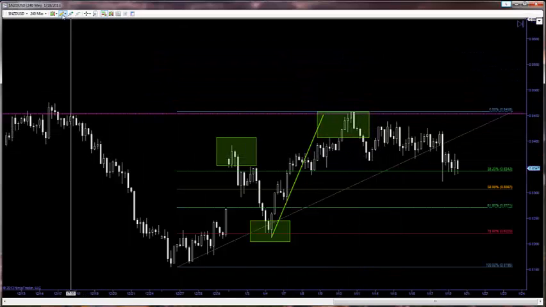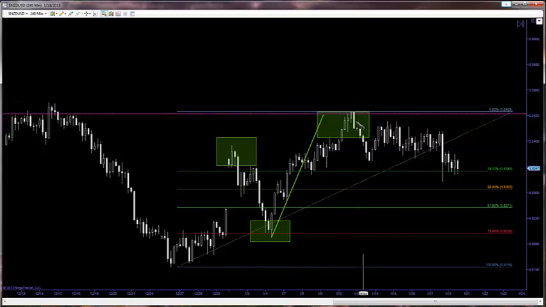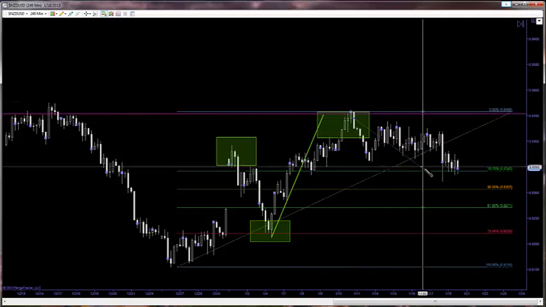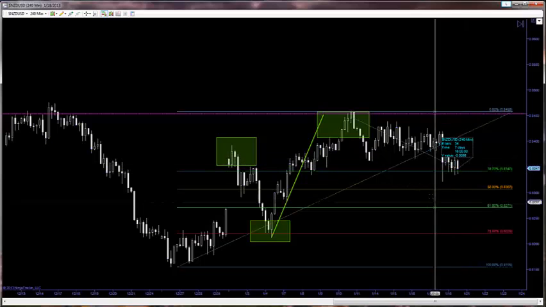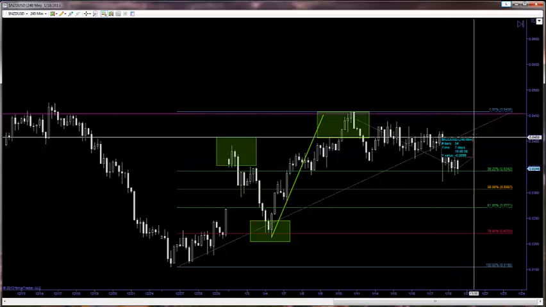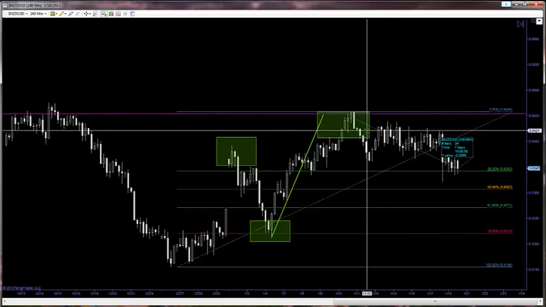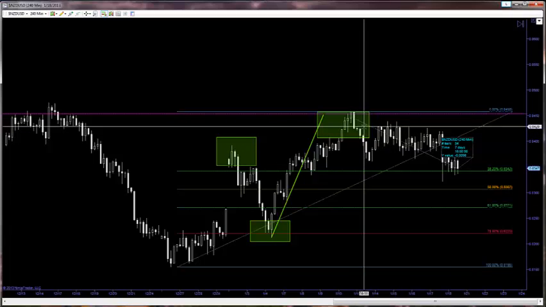Had you taken this trade somewhere in this area here, right now you would be sitting on about 98 pips of profit and at break even. So that's a wonderful thing. It depends on how aggressive or not you want to be, and what's acceptable for you as far as giving back to the market. Another option that you can do here, and you would have to incorporate this into the rules,